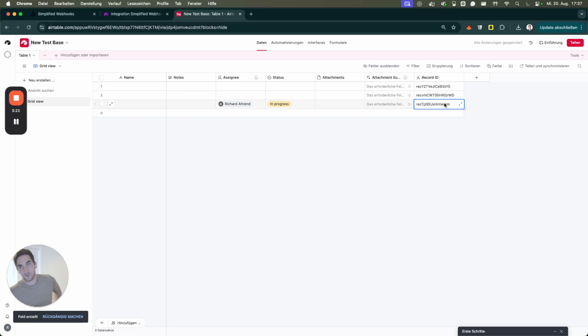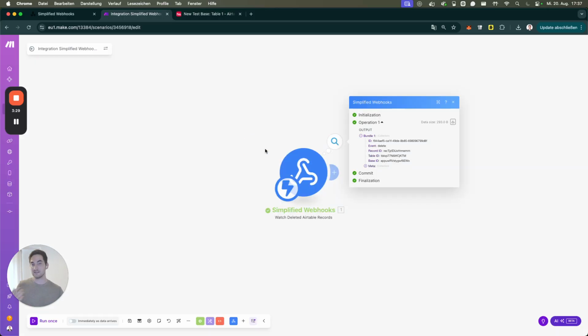In the syncing options, you say that records in the sync table shouldn't be deleted. This way, if there is a deleted record, you search for this record ID in the sync table, you know all the columns, you know the data, and then you create a new record. The downside here is that the record ID changes,